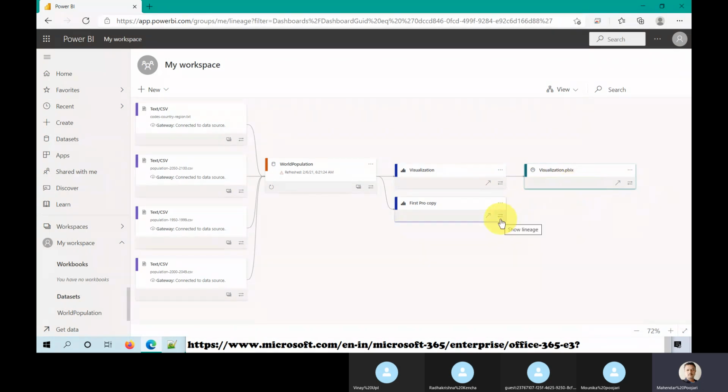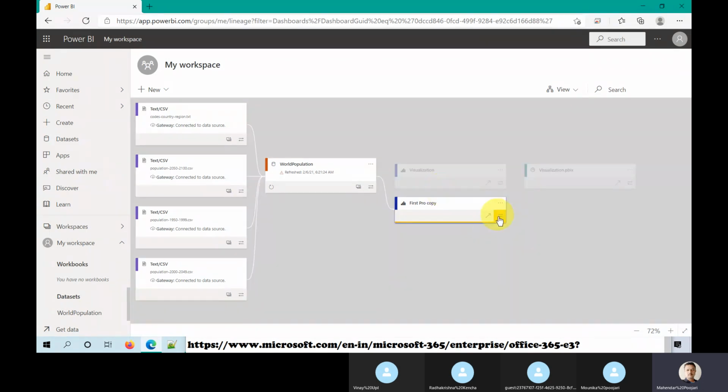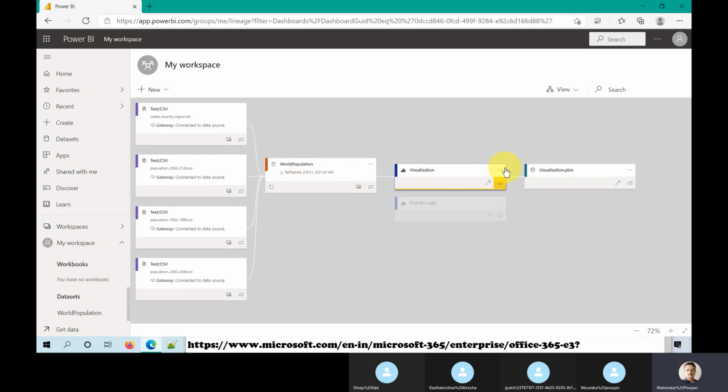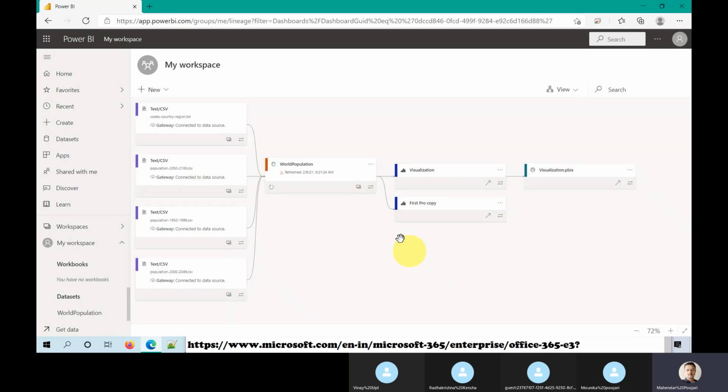Now you put the focus light here, it is coming from this to this. If you put the focus light here, it is actually enlightening everybody. So this is one of the user-friendly things.